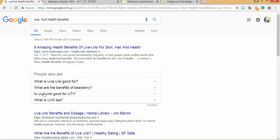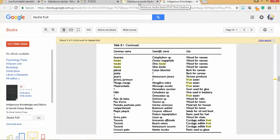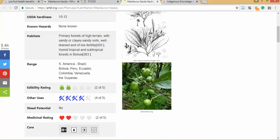Okay, so the other one that I'm trying to shoot a video on is actually uva, not uba. I know uva ursi. I just didn't realize that's what they were saying in Spanish to me. I thought they were saying UBA. So there you go. I'm going to do a video on the uva. I've been calling it uba. So anyway, on this one...